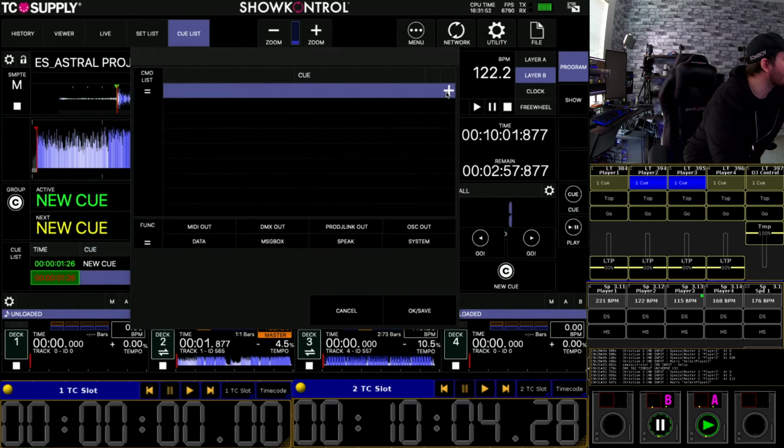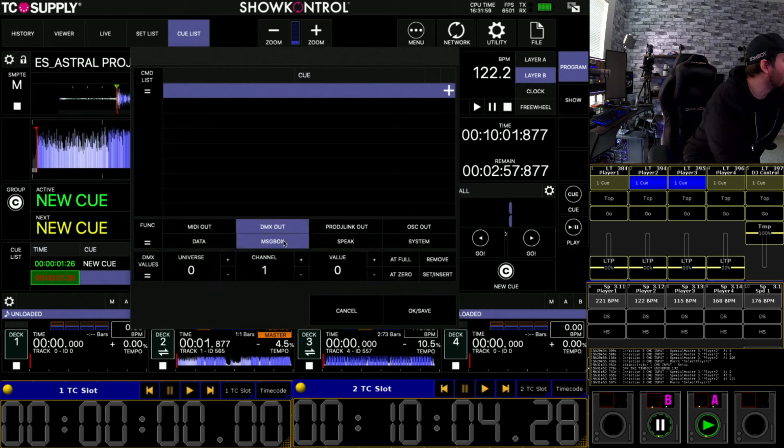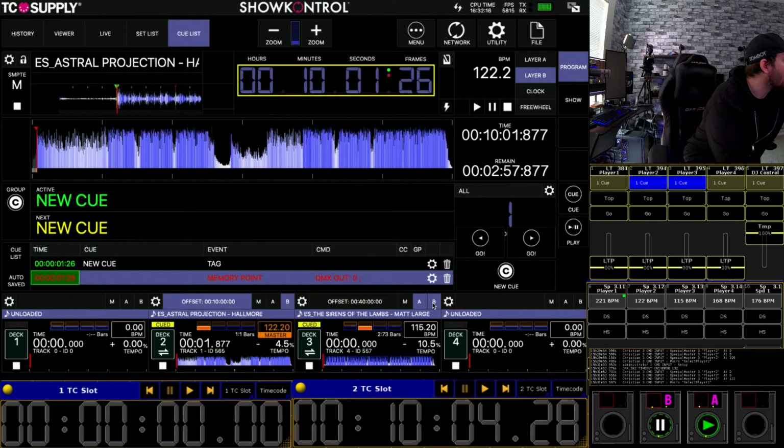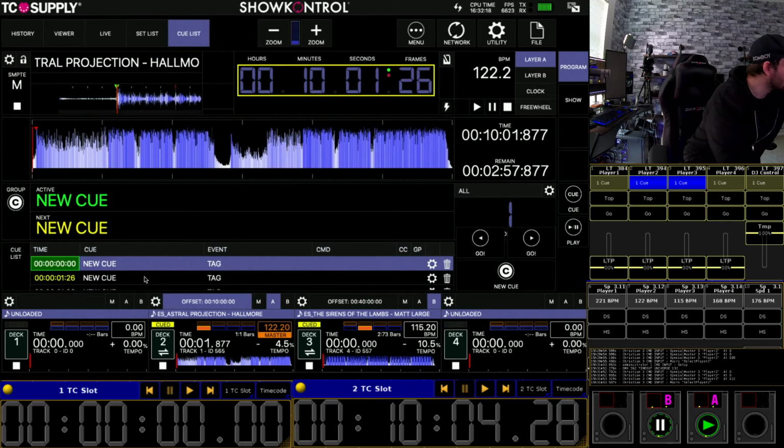You can create commands so that when that queue point is reached, you can say, I want to DMX out the value 255 on universe 0 at full. And then when that queue fires,